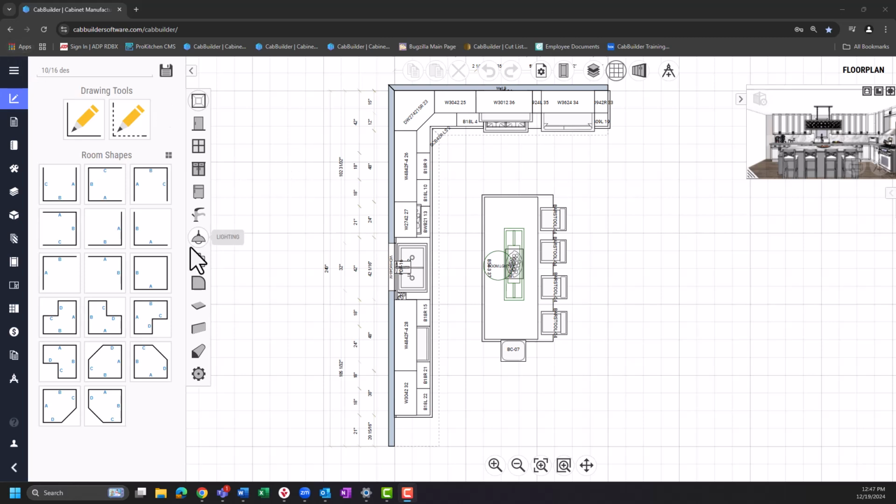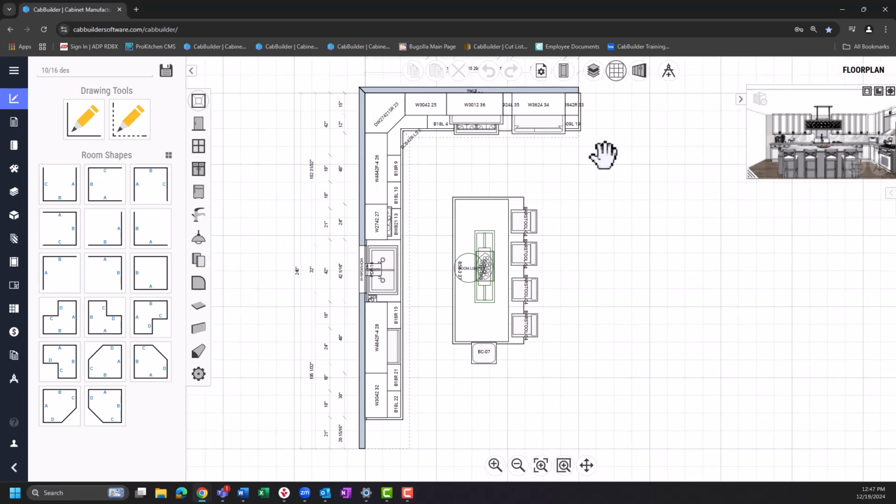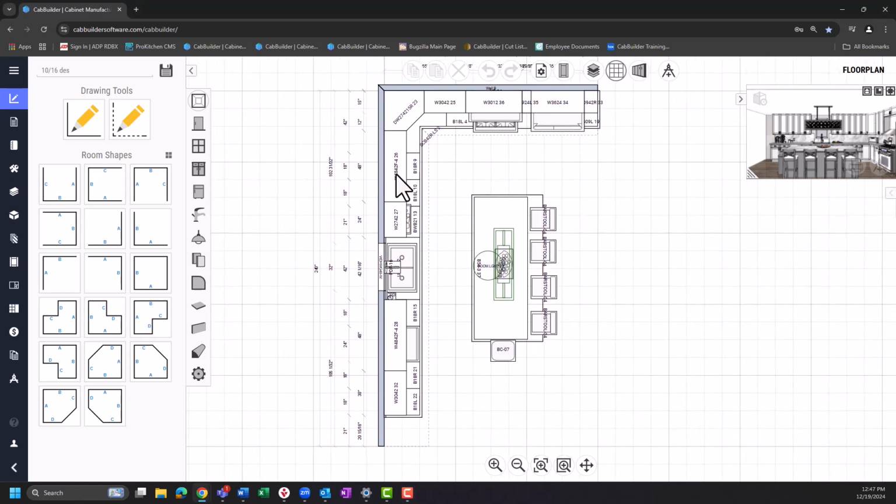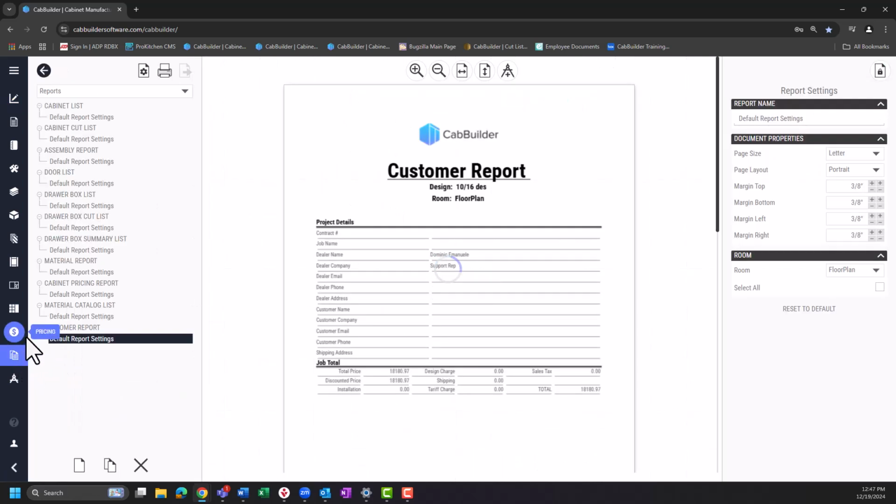Today we're going to be diving into the reports section. So now that we have a design populated, we can go to our reports tab in between drawings and pricing. Now that I have my reports tab open, we can start at the top of the list looking at our